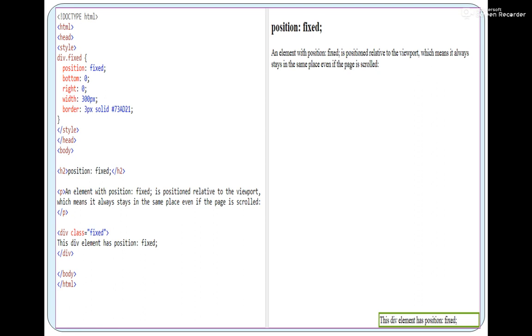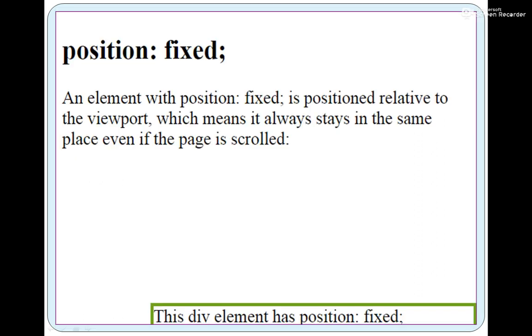If you maximize or zoom the web page, obviously there will be scroll bars. Even then, the fixed element will stay at the rightmost bottom corner of the web page. In the next slide, I have the output of a zoom version of the web page.